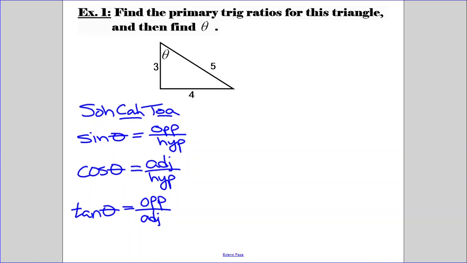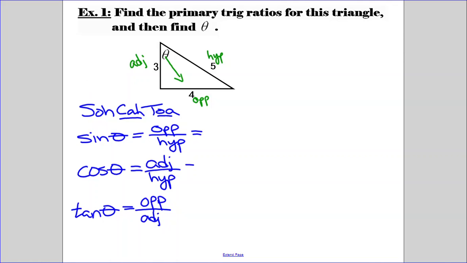So here's my reference angle, which means opposite the reference angle, here's my opposite side. The 5 would then be my hypotenuse, opposite the right angle, and that leaves the adjacent to be the side that's touching the angle, or touching the reference angle. So in this case,